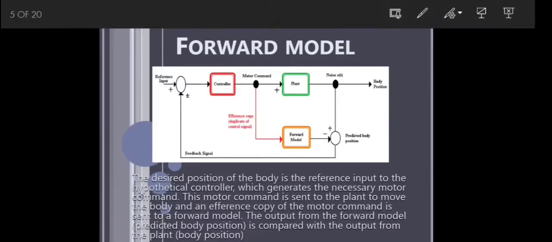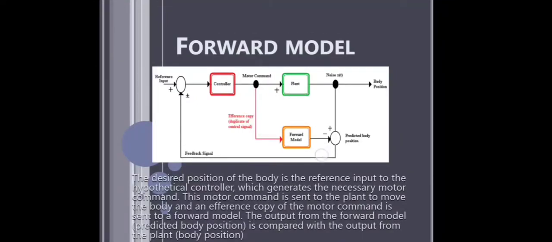Because the plant and the forward model are compared, and the forward model automatically produces the predicted body position. The noise here is from the environment, from the system or the environment, that may cause differences between the actual and predicted body position. So the predicted body position given by the forward model